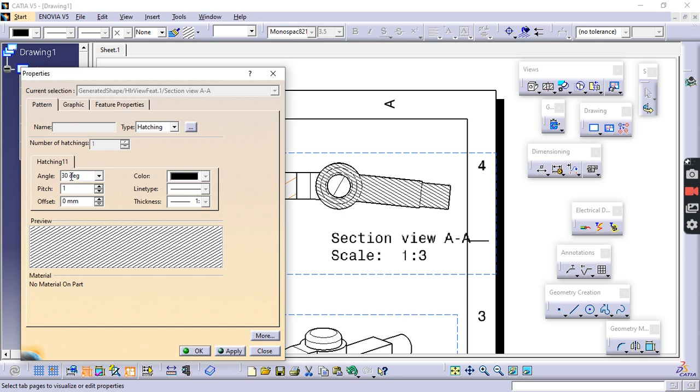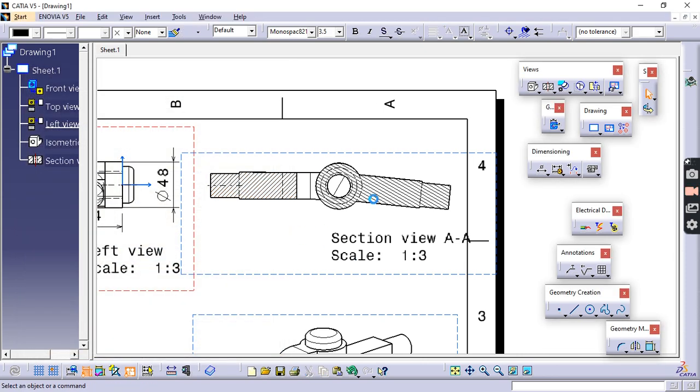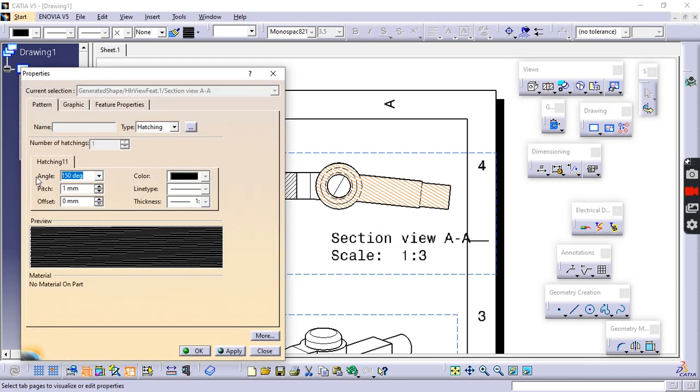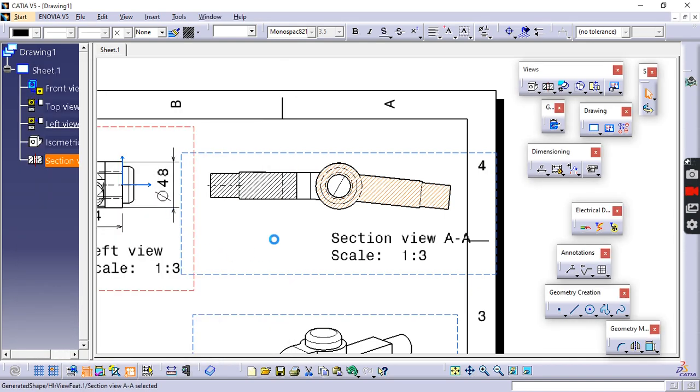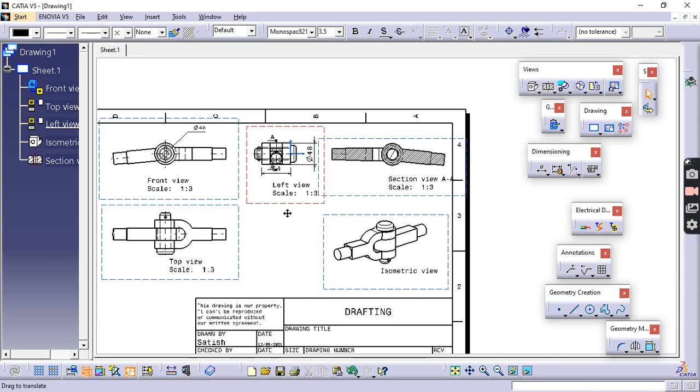Actually it is 30 degrees, but normally it must be 45 degrees. So I will make it 45. So this is the hatching. Again I will change this to 45. It's 150. I will make it 45. So this is the way we can have a sectional view in any direction.